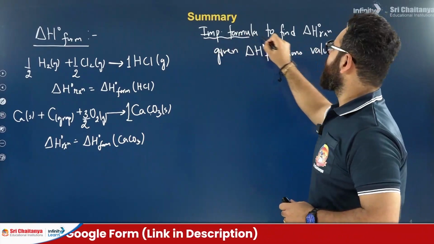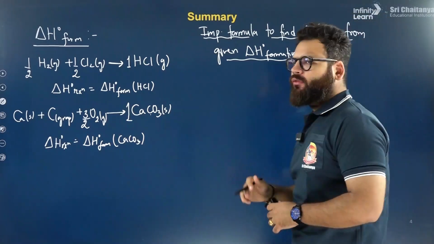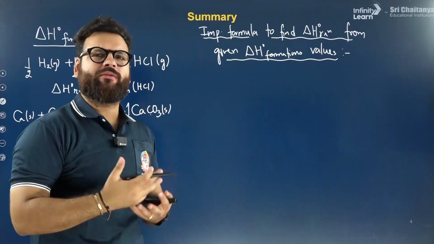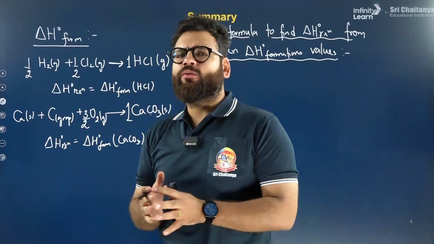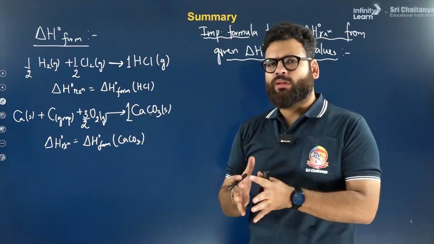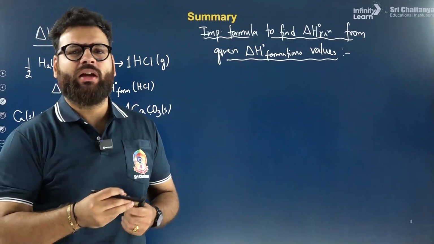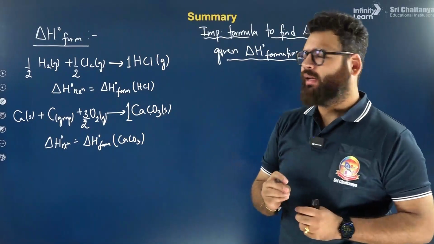Very, very important. See, this formula, even if you forget, first of all, we should not forget, because to do the question fast, this formula will be helpful. Even if you forget, I'll give you one more mool mantra, which is Hess law, which will help you in every situation. Even if you don't remember any formula in thermochemistry, still you can do each question by Hess law,